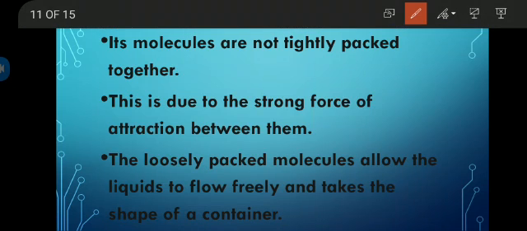The loosely packed molecules allow the liquids to flow freely and take the shape of the container. Okay, so as there are some spaces between the molecules,